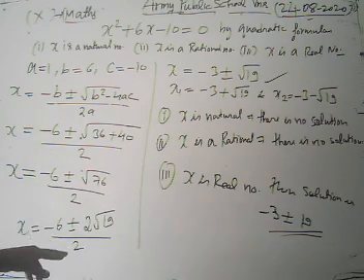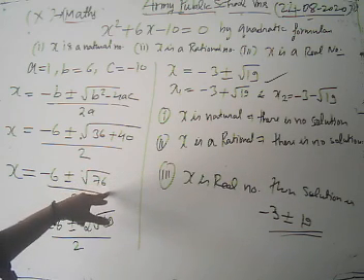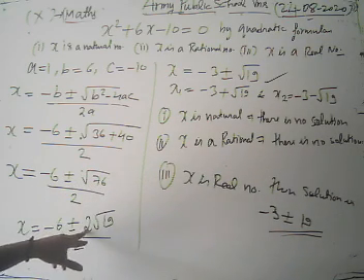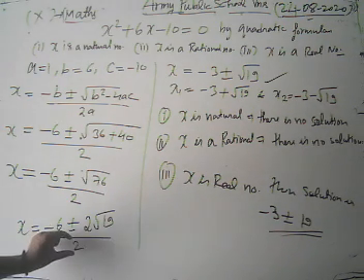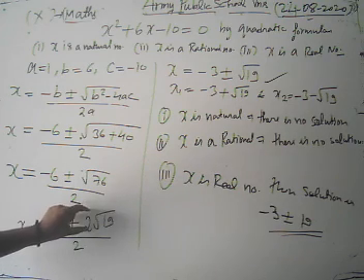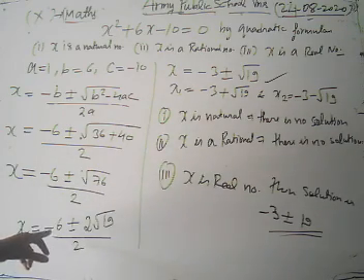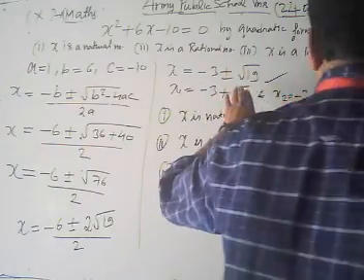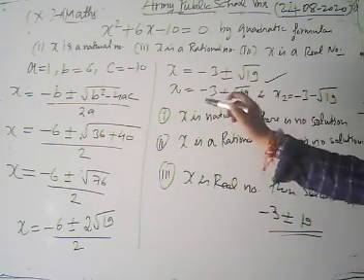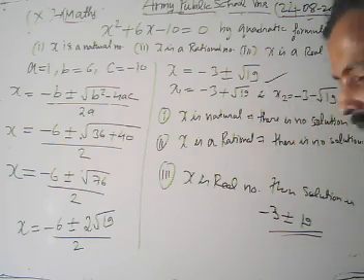76 का स्क्वायर रूट को क्या ले सकते हैं, 2 इंटू अंडर रूट 19 बिकॉज इट्स अ 4 इंटू 19 और 4 का स्क्वायर रूट 2 आया, 2 बाहर हो गया. नाउ आवर x इज गिवन बाय (−6 ± 2√19) / 2. इस 2 से 6 को डिवाइड किया, इस 2 से 2 को डिवाइड किया तो हमारा होल अपॉन 2 था. या आप 2 को कॉमन करके भी कैंसिल कर सकते हैं. तो सपोज नुमरेटर से 2 कॉमन कर लिया तो यहाँ 3 बचा, यहाँ पे 1 बचा. देन फाइनल व्हाट वी हैव x = −3 ± √19. देन हमारा फर्स्ट सोल्यूशन हुआ −3 + √19 और एक सोल्यूशन हुआ −3 − √19.